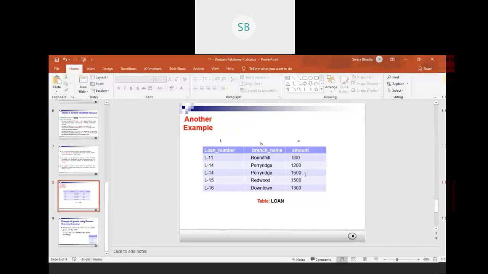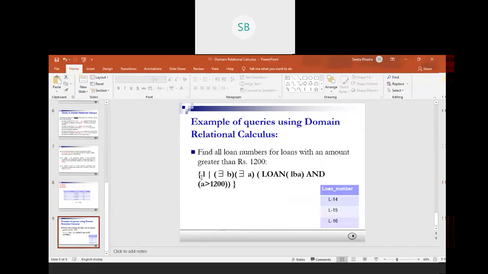So how do we find it in domain relational calculus? We have to think about what we need to retrieve. We need to retrieve the L, the loan number. So whatever variables we need to retrieve, we write on the left. Then we use this.